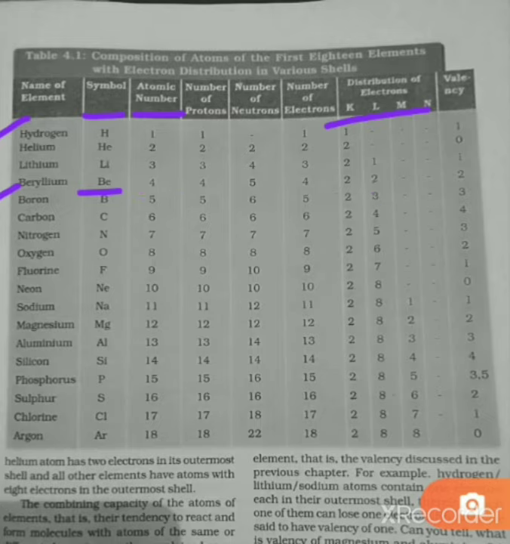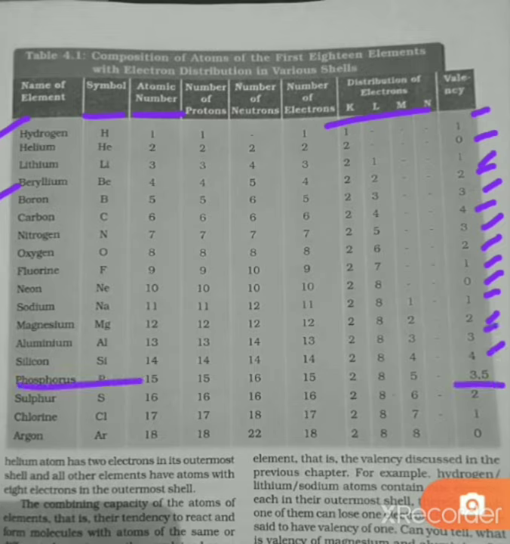The pattern will follow the same manner, students, but when in the outermost shell the number of electrons increases from 4, a convention is used, that is it is calculated as 8 minus 5, so it will be 3. In the periodic table you will see the sequence of valency as 1, 0, 1, 2, 3, 4, 3, 2, 1, 0, 1, 2, 3, 4, and in case of phosphorus you can see 2 valencies like 3 and 5. You can write directly 3 also, because in higher classes you will see how the valency is 5 also. Now students, let us see some more examples.